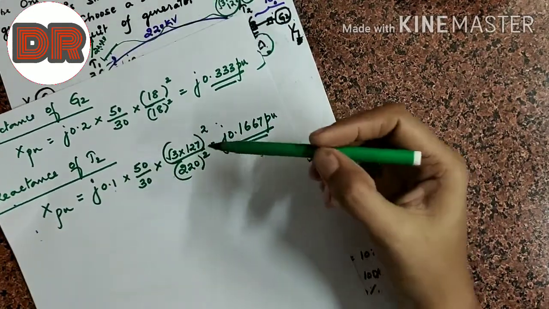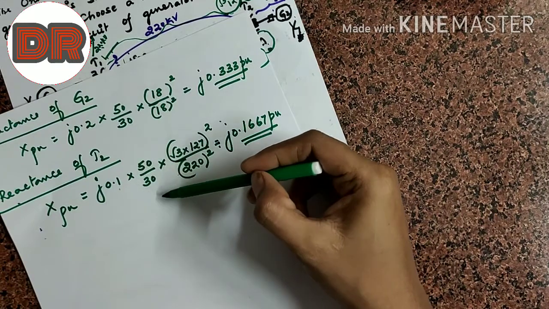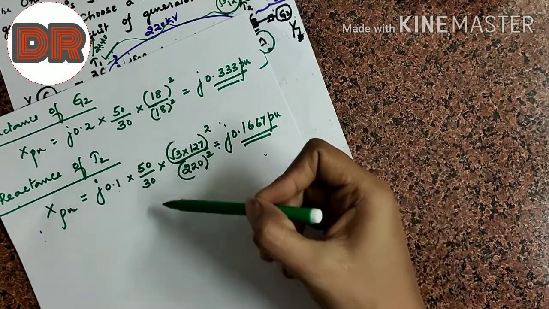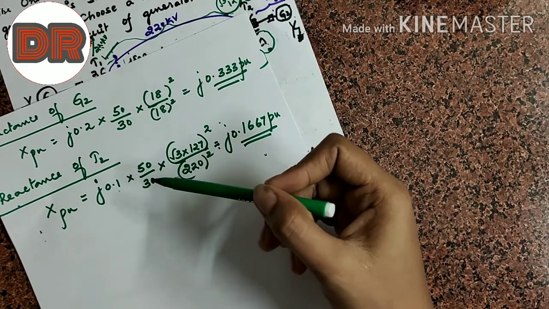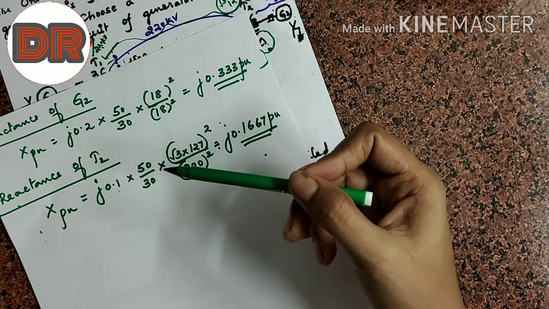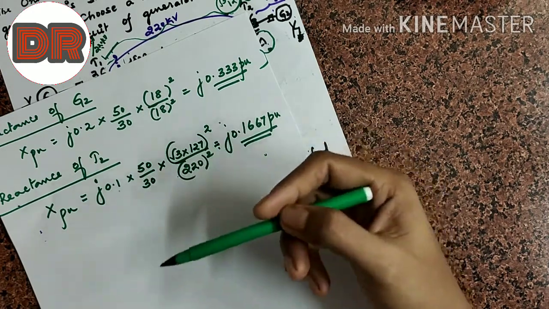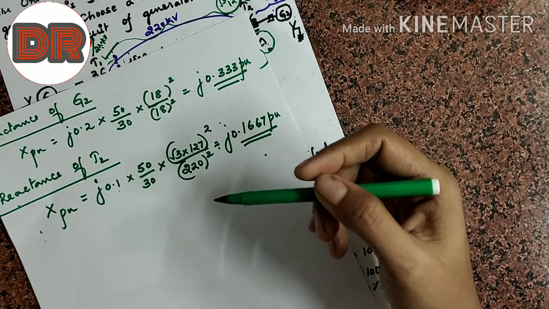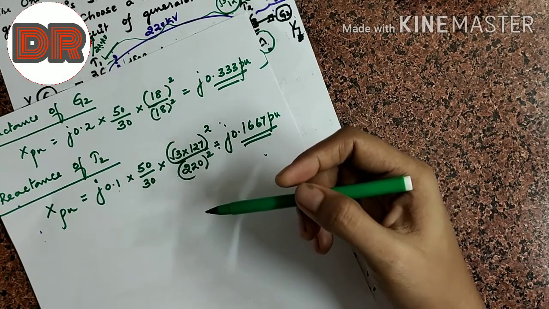And you have to worry about the MVA. So MVA will be directly multiplied by 3 because single unit MVA is given. So for old MVA you have to multiply it by 3 since it is a combination of 3 single phase units, and the voltage depends on star or delta. If it is delta, we are not going to multiply by root 3. If it is star, we are multiplying by root 3.